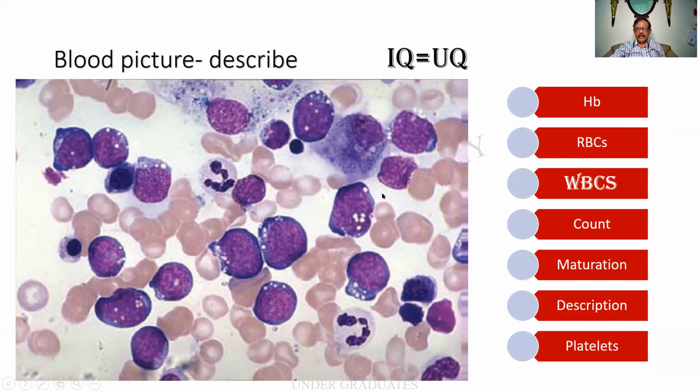And there is an abrupt maturation arrest. Most of the cells that I see here are the myeloblast or the lymphoblast. We do not know. We'll have to do a cytochemistry on a myeloblast. Large cells with evacuated cytoplasm. Large nucleus. Platelets are markedly decreased in number. Markedly decreased in number. That will be the blood picture of an acute leukemia.